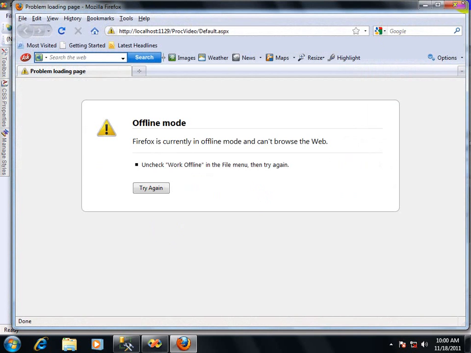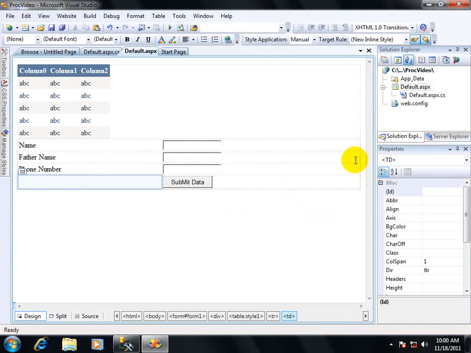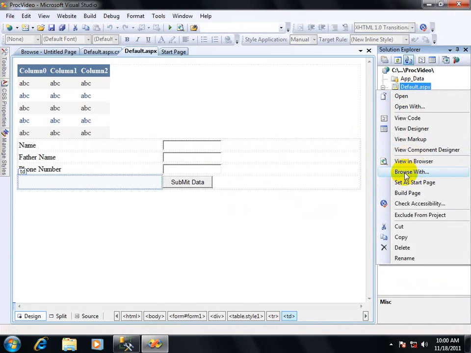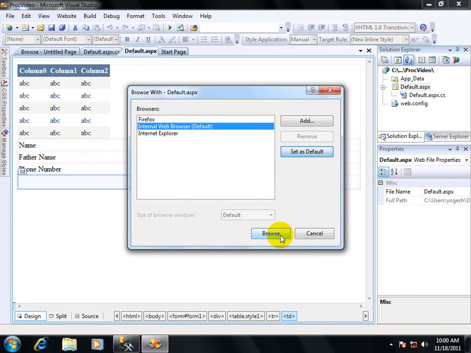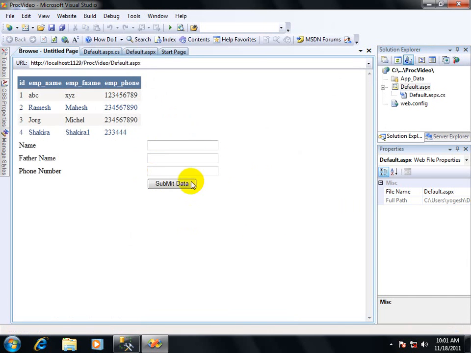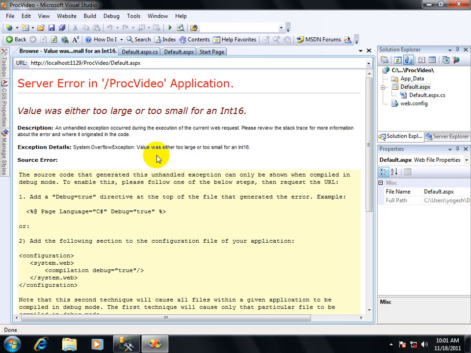It is taking too much time because, as you know, video recording is also going on. Internal web browser set as default and then browse. Okay, my name is Websoft Creation. This is my name, this is my father name. It's not right. Websoft Creation 1. Then I am putting some phone number and submit data.